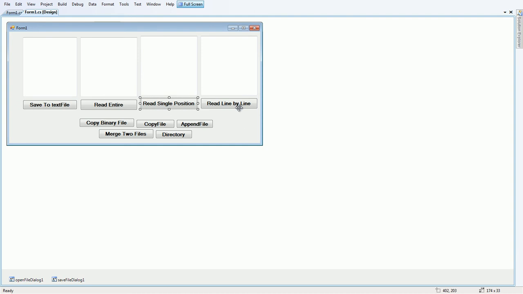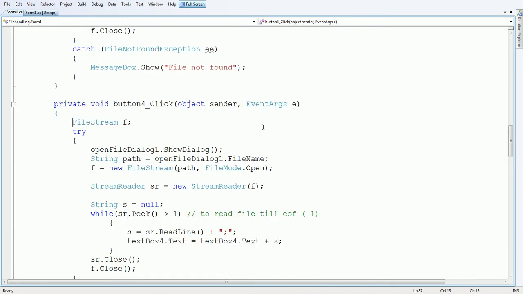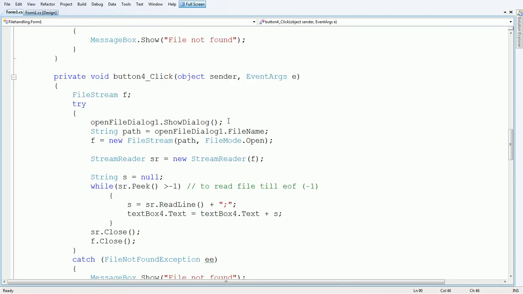Now, after reading single characters, let us read the file line by line, that is, string by string. Here again use the same method. Use the StreamReader class. Let us read line by line, and the line break is shown by a semicolon. But we have to add some line-by-line data to the file.